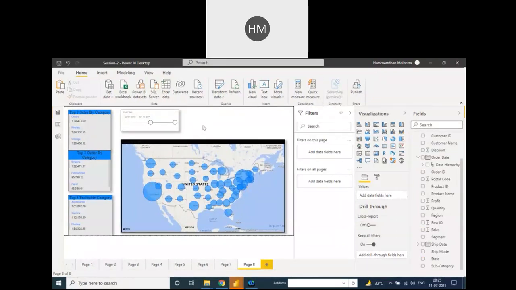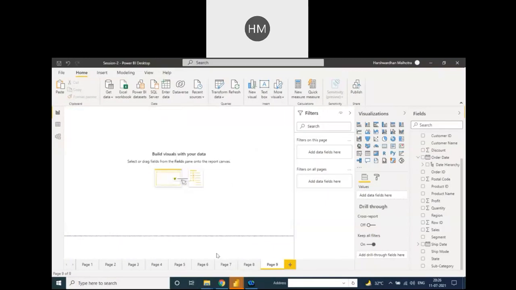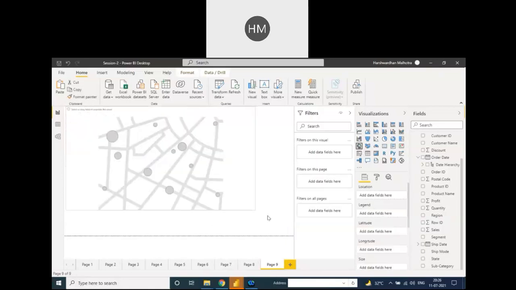Shall we move further? No doubt? Yes, sir. See, this visualization is important, for example when you do a multiple country task like India, US, China, Japan, like in the Corona scenario, where we need every country chart in a different map. Then we need this kind of report or chart. So I will show you some advanced maps also, like the filled map.